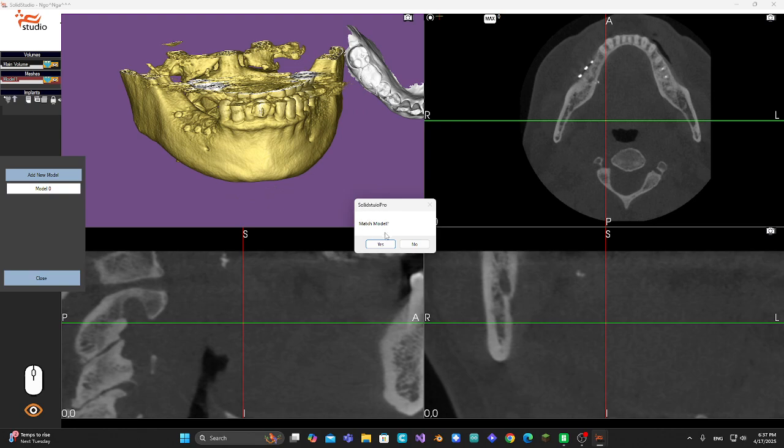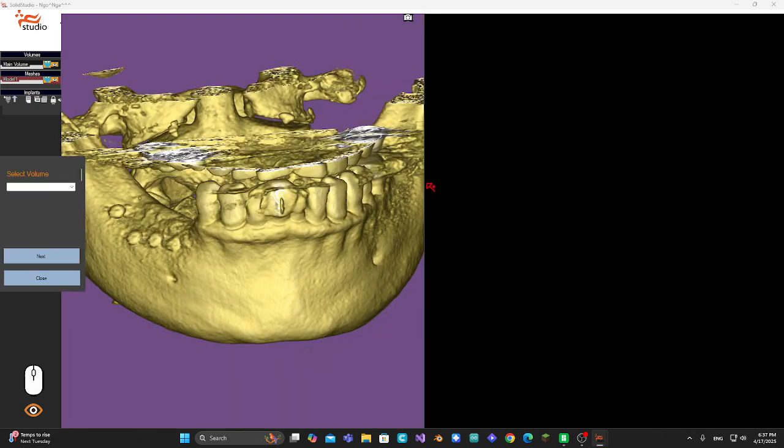So we first try to match the model. Now the first step of the matching process is to select which of the volumes. If you open a CBCT image without any segmentation, you will only have one volume. But if you do the segmentation process, you will have different volumes. So you select volume 0, and then you need to set the threshold. The threshold value